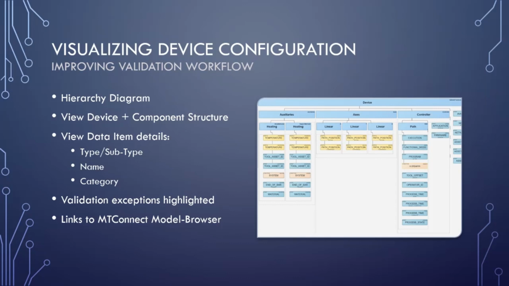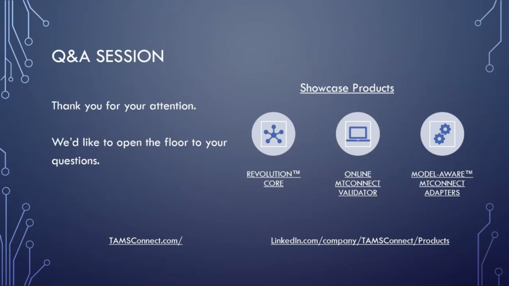As a way to visualize that and highlight possible non-compliance issues, we created this visualizer that creates this hierarchy diagram and literally highlights in red or yellow which of these items are non-compliant. You can click on those items and review what things were wrong. So this is just an alternative approach to the previous visualizer that you saw. And that is it for the updates on the visualizer.